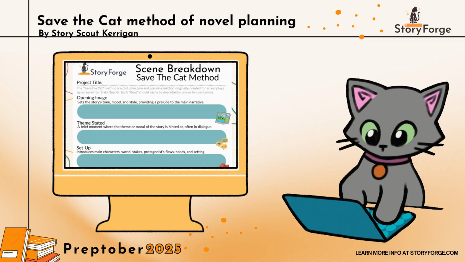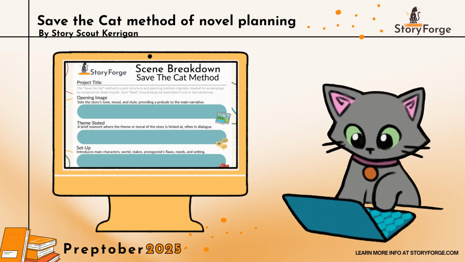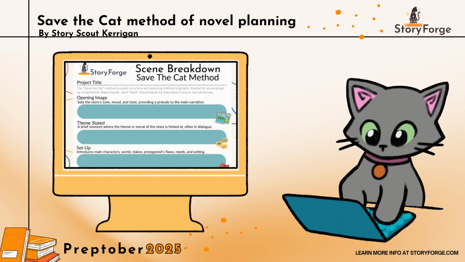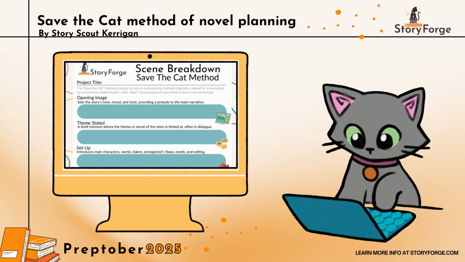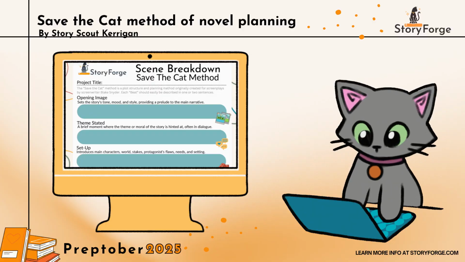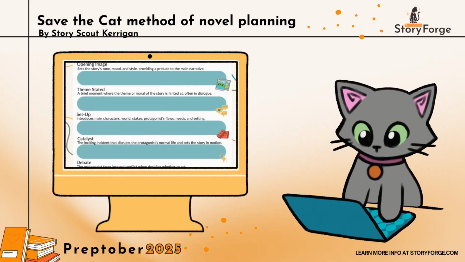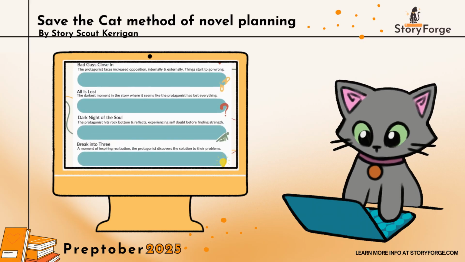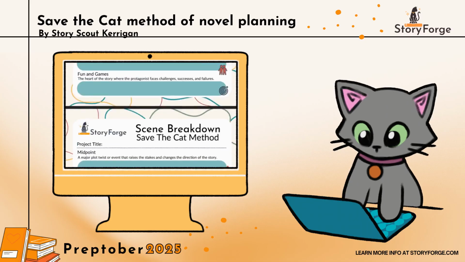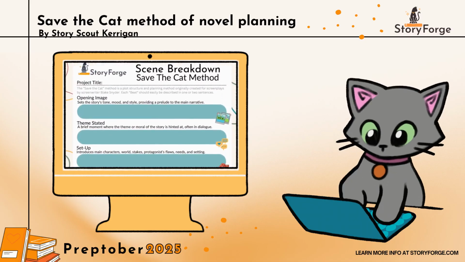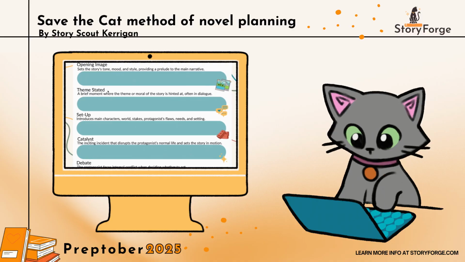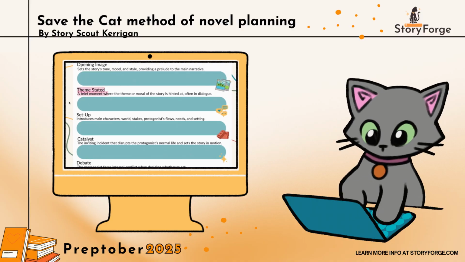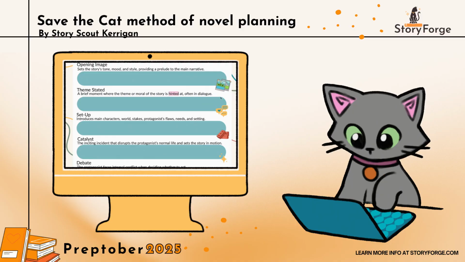Yes, I totally agree. But with Save the Cat, it is a 15-beat sheet that maps out every key turning point of the story. So go through all of them. Showing the sheet for everybody to see. All right, so we're on to the next one, which is the theme stated, or what it says hinted at,